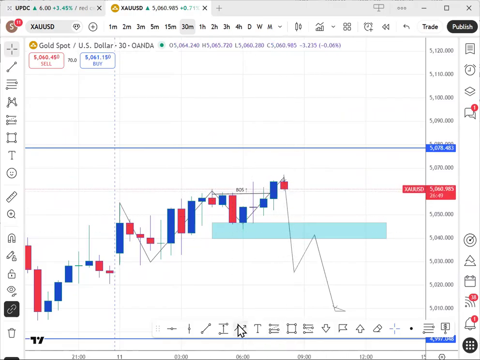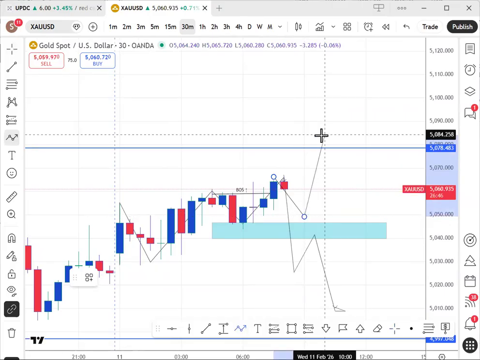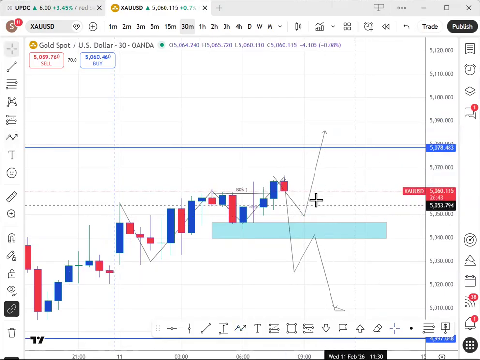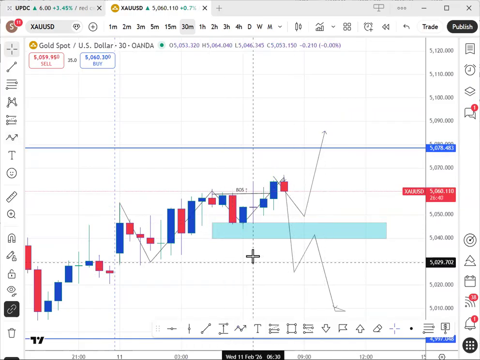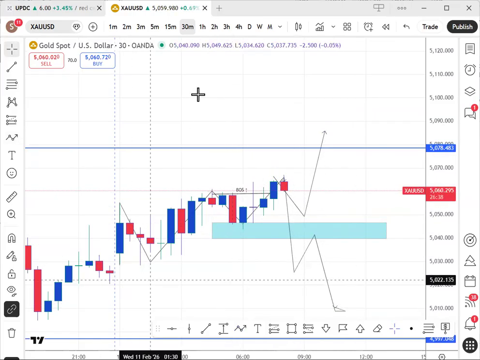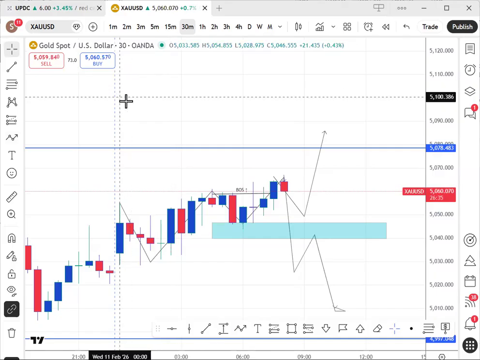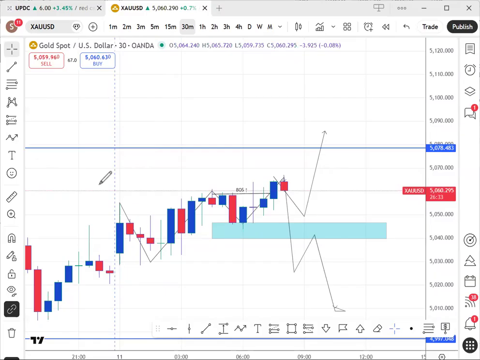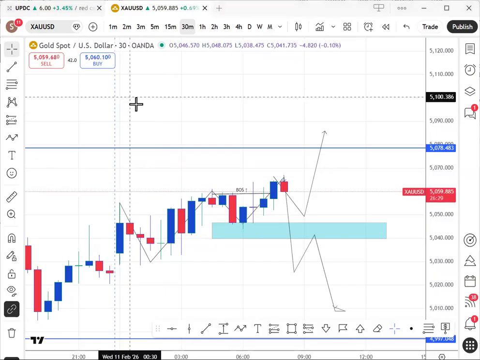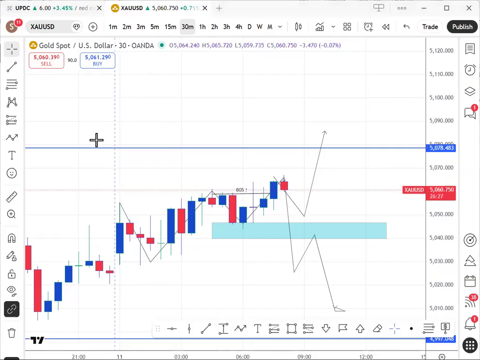So we're expecting here now for price to push back down and then continue going upwards. That's what we expect. But once it breaks these lows here, then it may actually change direction. Our business is not to predict what the market is going to do. Our business is to respond to what the market is doing. In trading, the probability of losses is the same as the probability of wins, right? So we don't focus on the outcome, rather we focus on our process, on each trade setup.